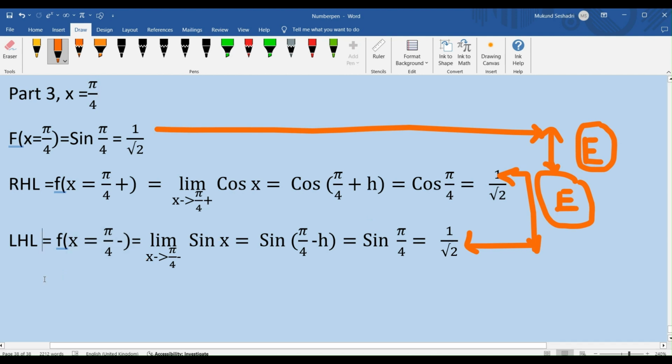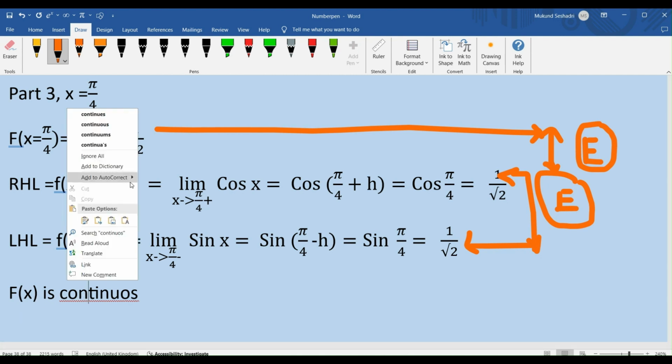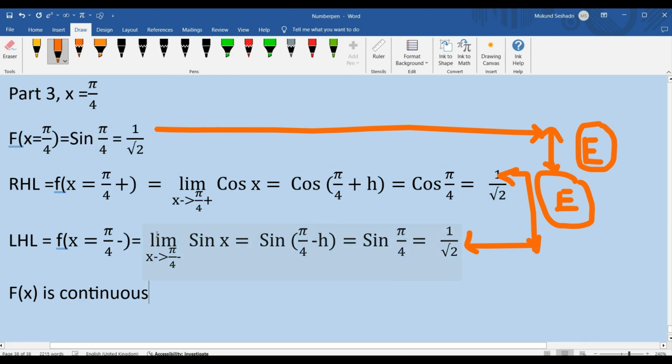So the function at the critical point is continuous at x equals pi by 4, right? And then I go to my part 4,